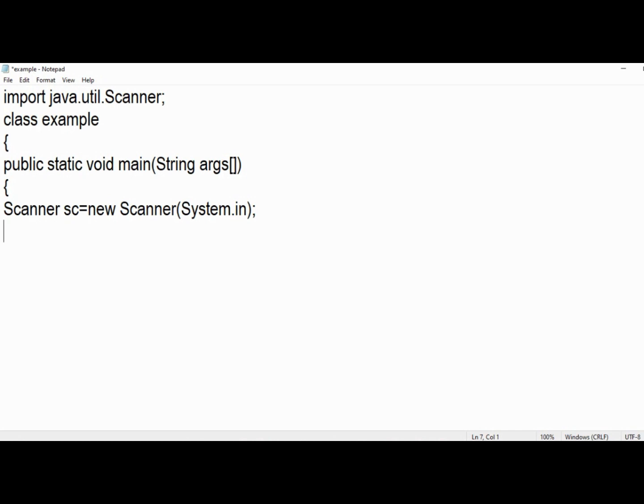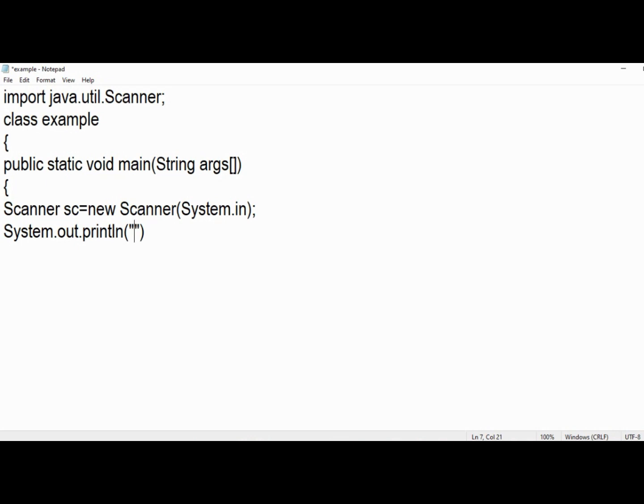Now what is the question? Let's say I want to print name. So for printing on screen, we have this method System.out.println, the println method, which will print the content, whatever you are writing inside that println. Double quotes will print as it is.